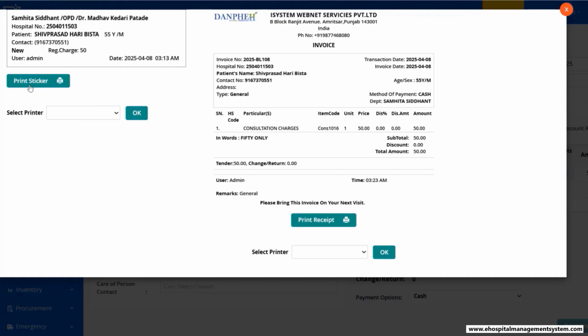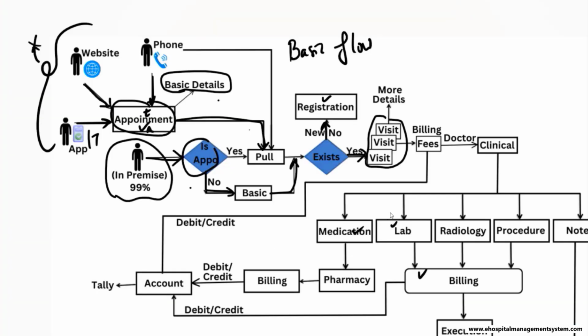At the left hand side we have something called a sticker. We'll talk about this later on. This is not compulsory for many of the hospitals out here. For now, just keep a focus on that. We'll talk about how to enable and disable this, and what exactly this is. But now here I can go and print the receipt, and the patient then moves towards the doctor